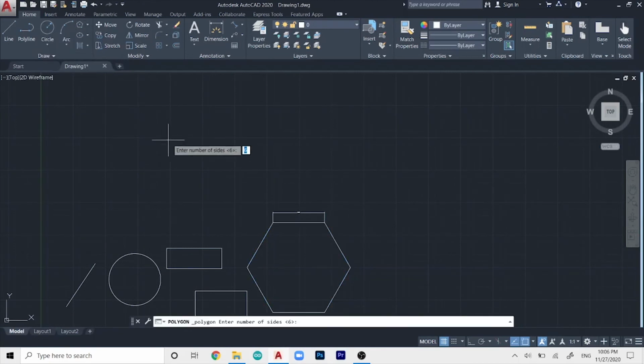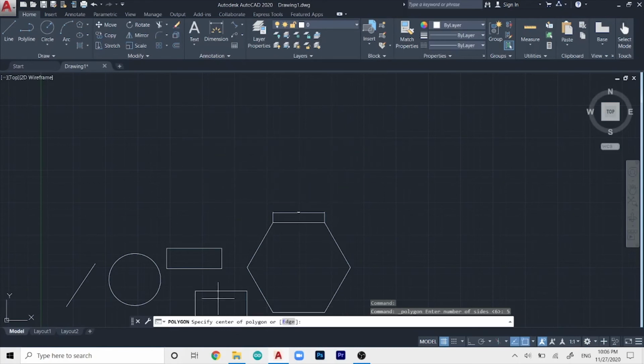So let me just select the polygon command again, and let's say I want to build a pentagon, so I will press 5 and then I will press enter. Before I can choose the starting point, I have to tell AutoCAD that we need the measurements of the sides.